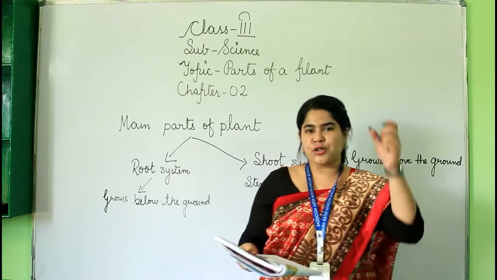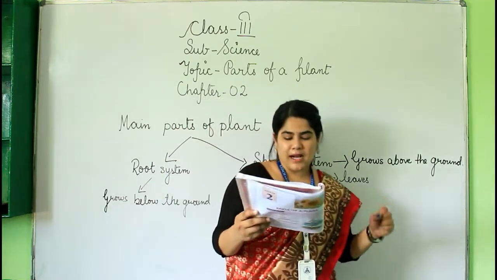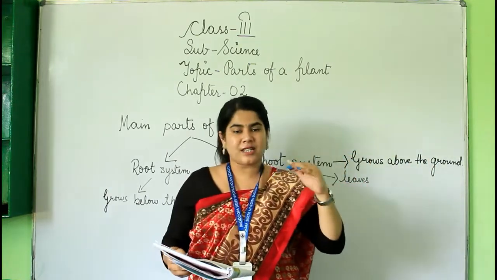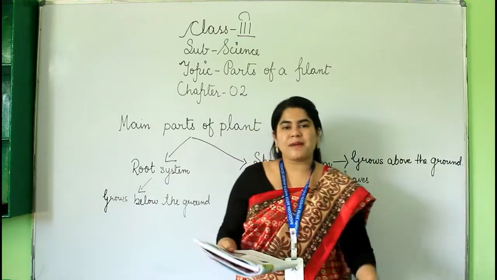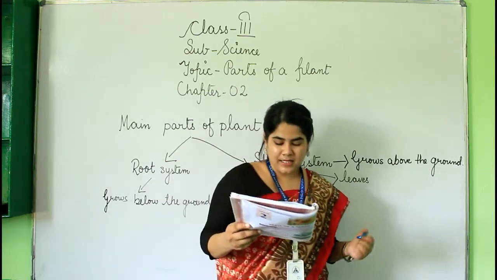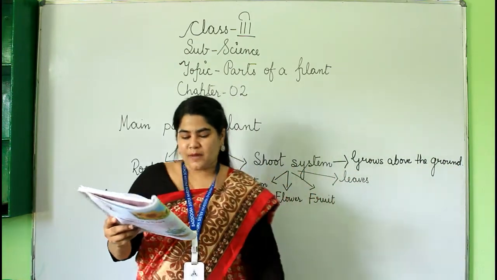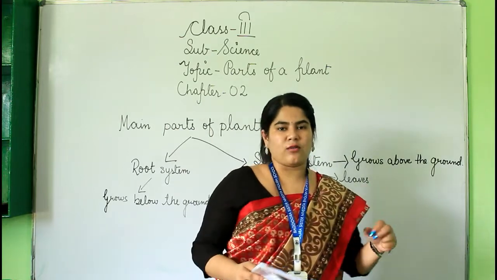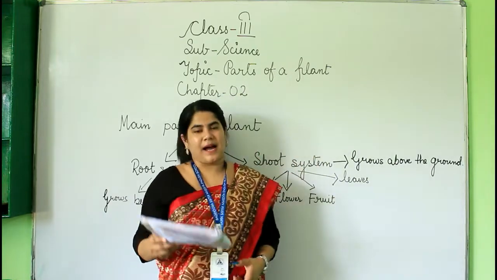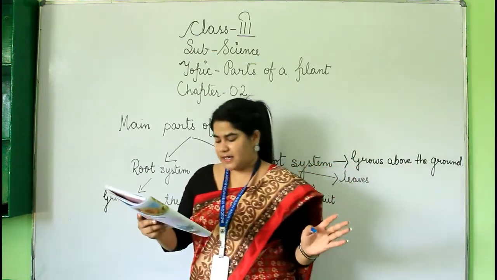I have shown you in that plant which part is stem, right? So stem is the main part of the shoot system that grows above the ground. What I told you before, that shoot system grows above the ground. The other basic parts of plant are namely leaves, flowers, fruits that grow on the stem. Now let's read about the important functions of stem. It provides support for the plant and keeps it upright, and it allows the leaves to reach sunlight that they need to produce food.